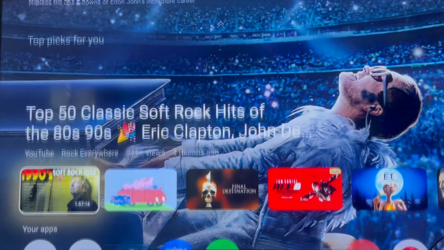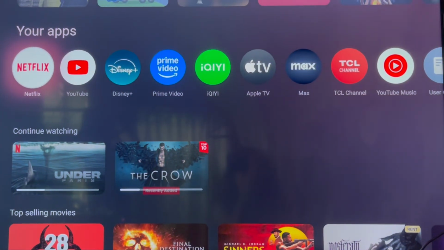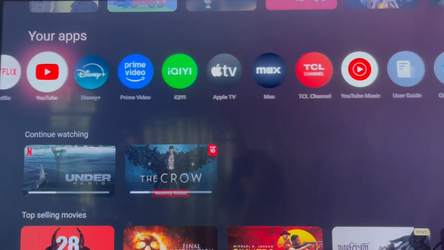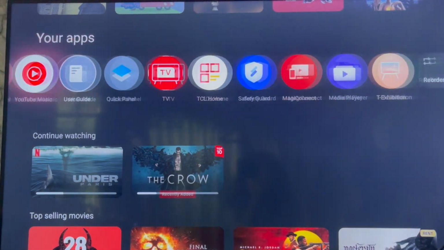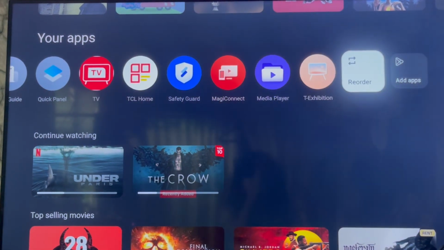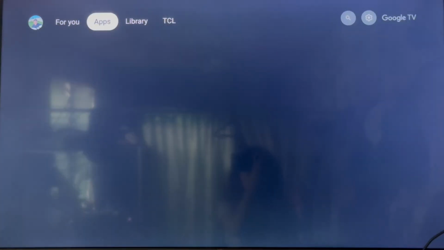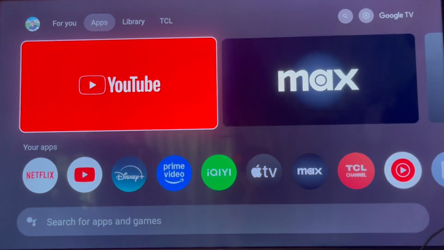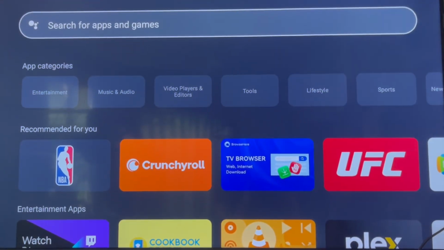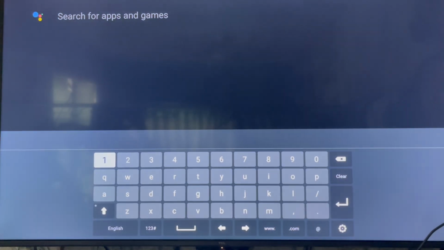Just navigate to the Your Apps section. From there, head on to the right. At the very end, you can see Add Application. Press on that, and then you can just search for apps and games. Press on that, and